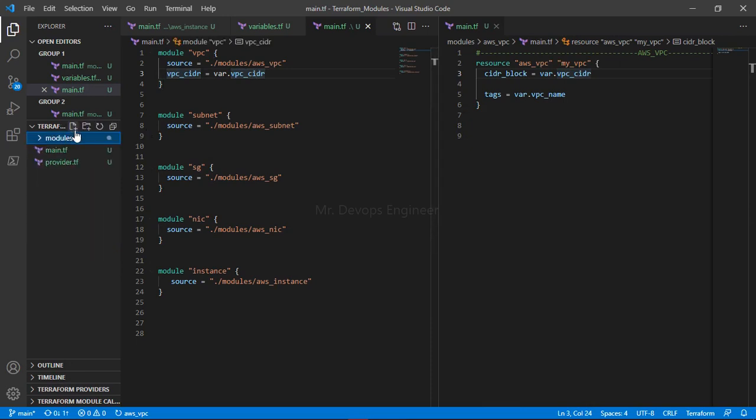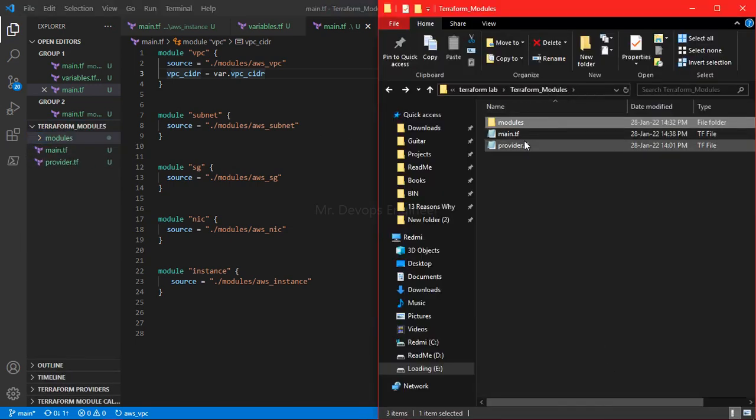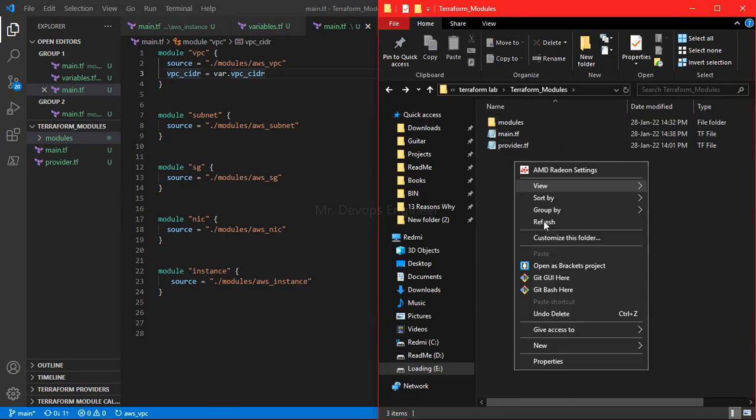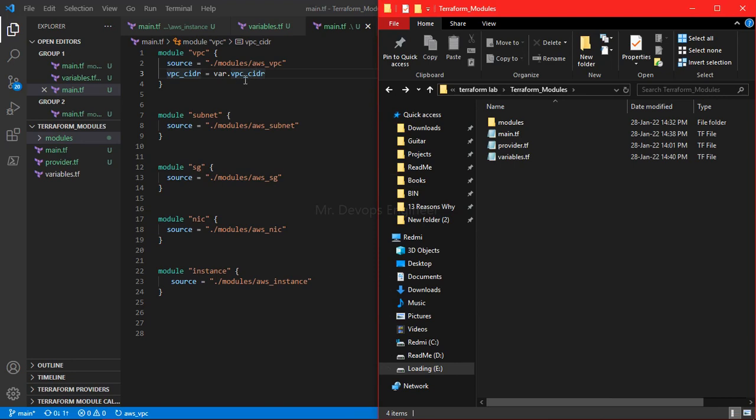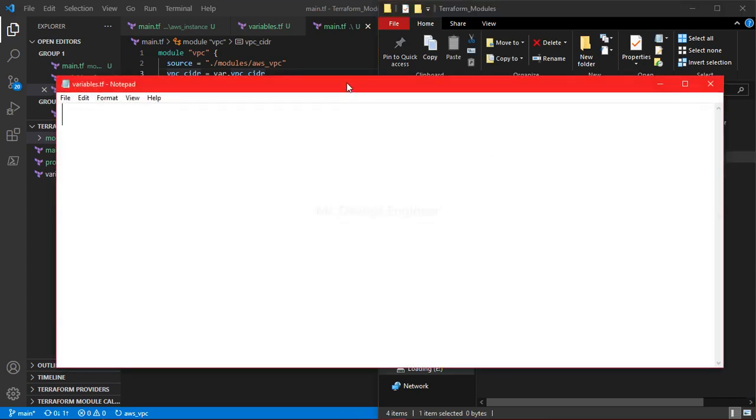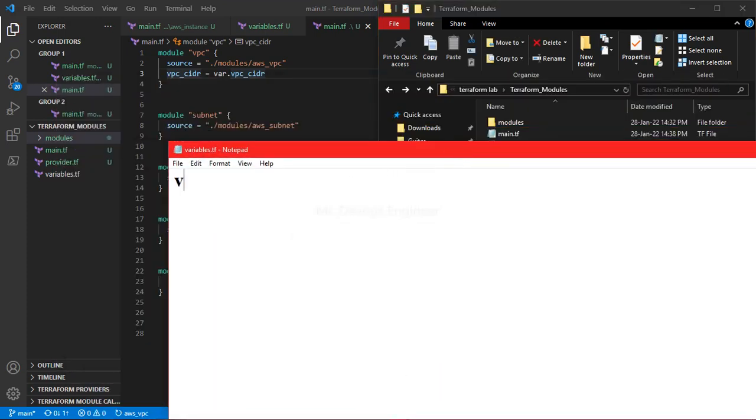So let me do one thing. For this, let me create one var.tf here. I am in the modules, outside of the module, and I will create it here. The right side one is the value which we are passing from the front end. So in the front end, I have created one variables.tf, and here I will declare one more variable.